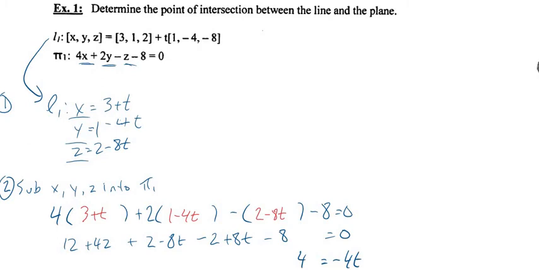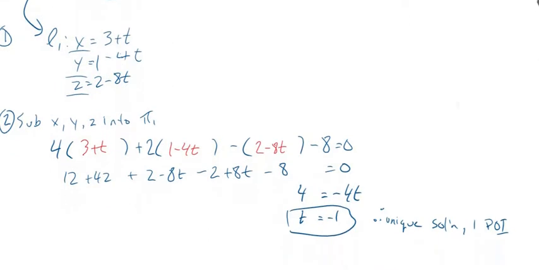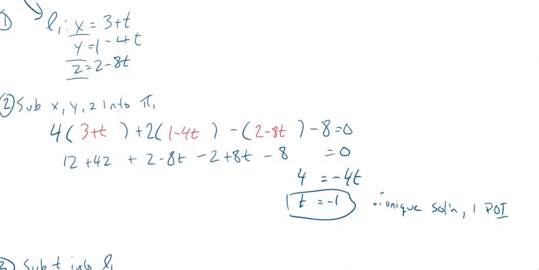As it turns out, all we have to do is sub in this expression where x is, this expression in for y, this expression in for z. And that's what we get when we flip down to step 2. All we've done is sub in those parametric equations into the equation of the plane